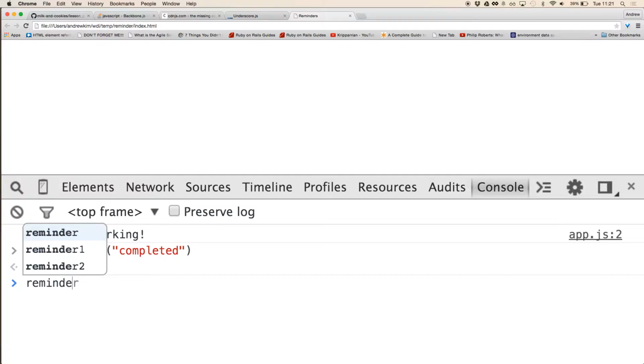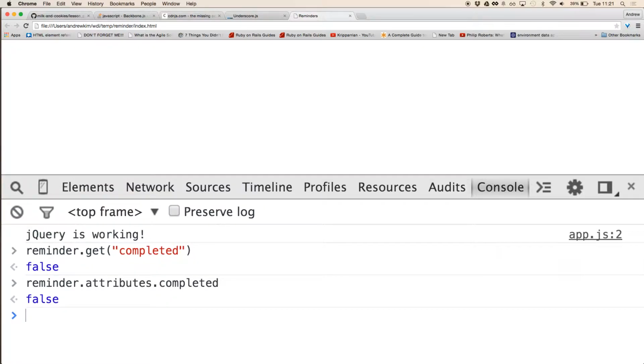Again, I could also do reminder.attributes.completed. I think I can also do reminder attributes. Just feels weird writing this. I can also do that. But again, get and set are generally preferred over using .attributes. Don't want to use them. And